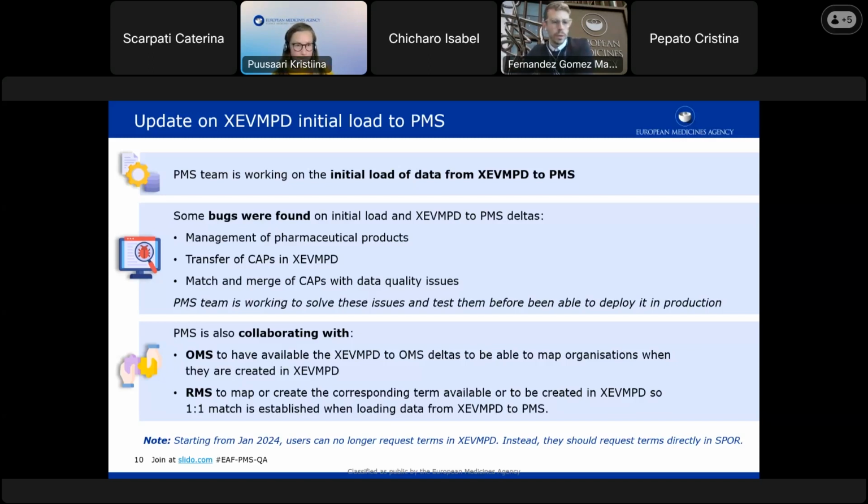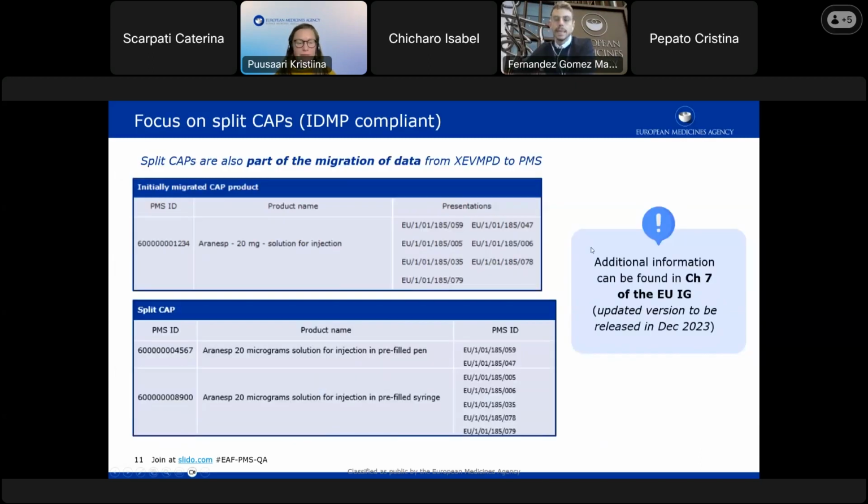We are also working with the RMS team to create and map all the different terms. So once we do the initial load of data from XCVMPD, we will have these one-to-one mappings already created. So there shouldn't be any problem when we do the initial load and we have to use the terms from RMS. If we go to the next slide, and Christine already mentioned the split of caps,